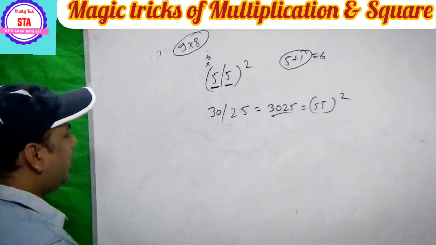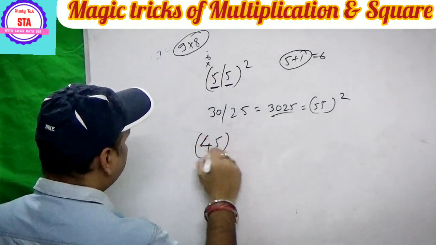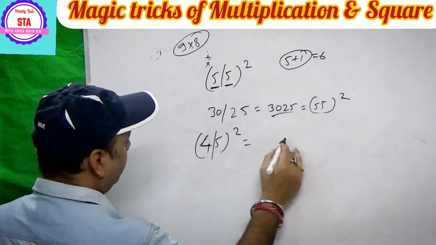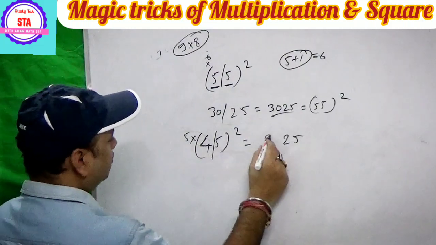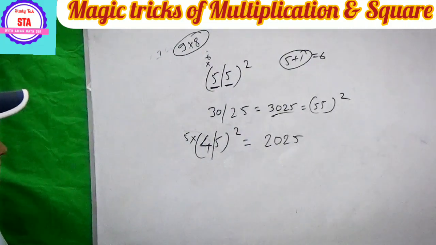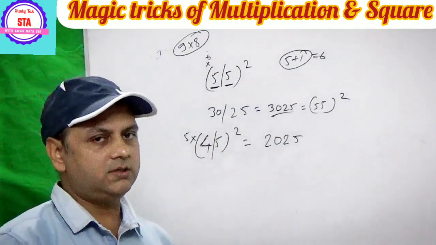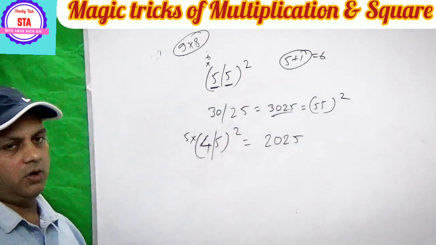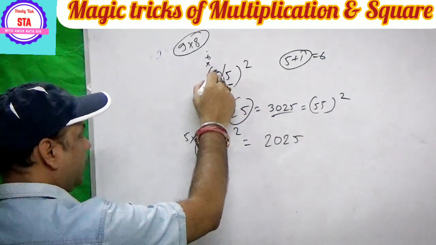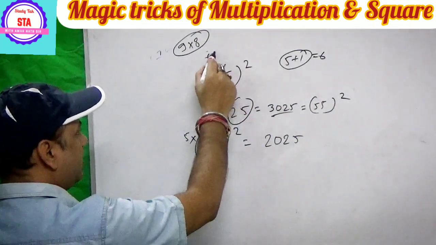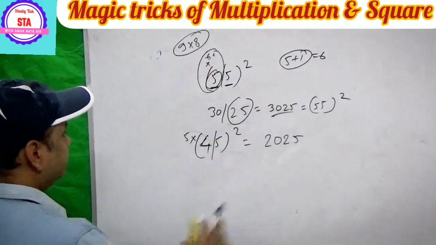Similarly, write the square of 45. Divide into two parts: the square of 5 is 25, and increase 4 by 1, 4 plus 1 is 5, 5 into 4 is 20. ऐसा नहीं कि आपको लिखना ही पड़ेगा. You can multiply these types of calculations in the mind also. Remember these tricks only: the square of the last digit, then increase the first number by one and multiply the two numbers. Okay. Now comes the second type of question.